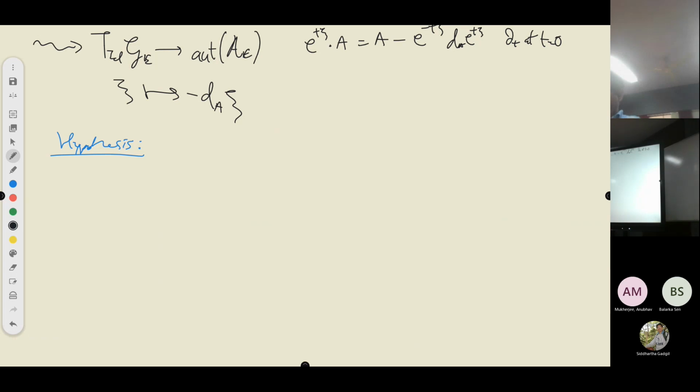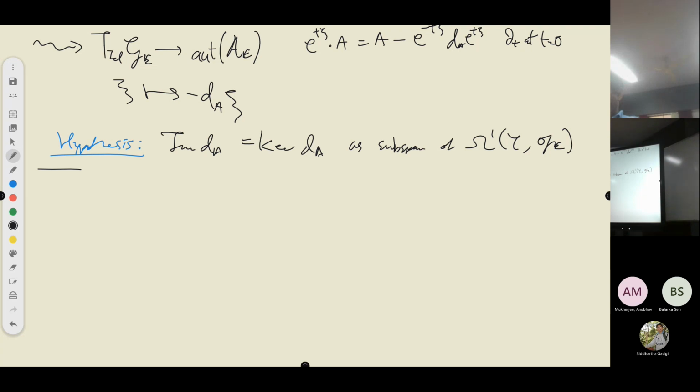So we ask for the image of dA to be equal to the kernel of dA, as subspaces of the space of one-forms. Okay, so first of all, to talk a little bit more about this hypothesis,